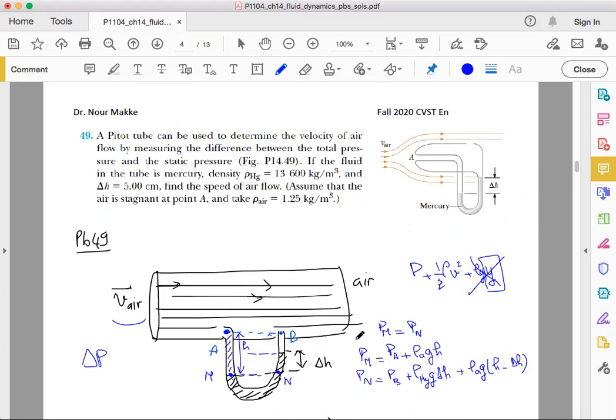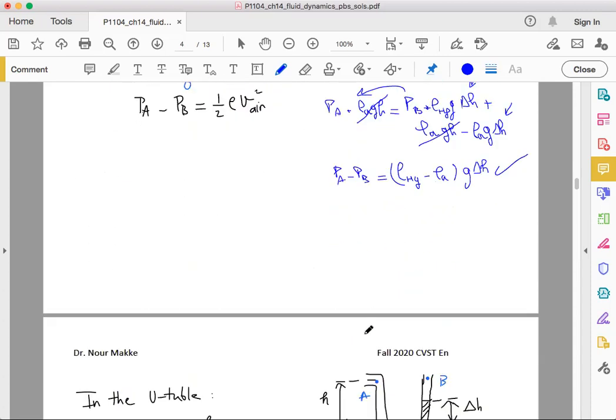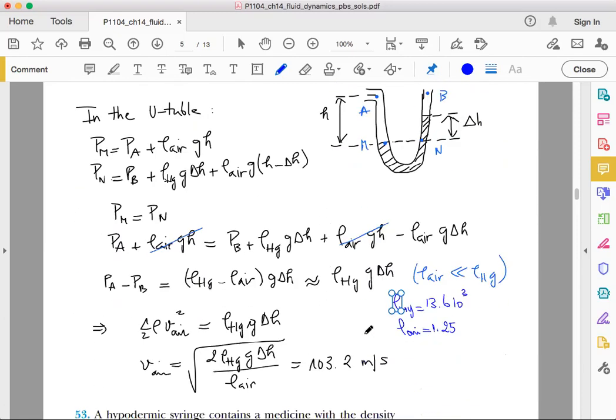The pitot tube, you should know how it works. And it's quite easy. You always have a stagnation point in the pitot tube so that the fluid does not move any longer at this point. And because of that, you could measure the speed of the flow at another point. So this is it for problem 49. Let's move on and